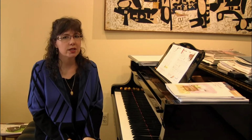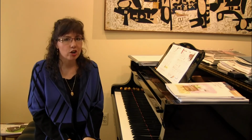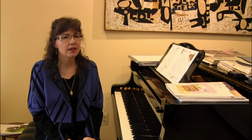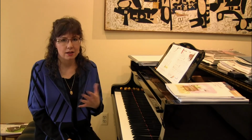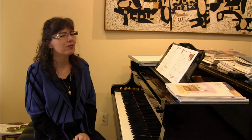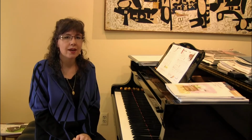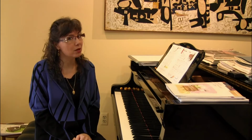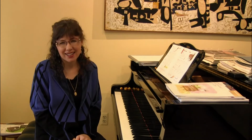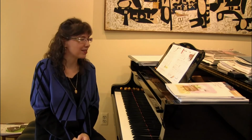So there was constantly writing going on, rehearsing with the musicians, practicing, oh my goodness, and then of course performing all the music. So Haydn was very well loved because he was nice to the people he worked with, and he was pretty much always in quite a good mood. So that's why I wanted Papa Haydn to be kind of the guide for our students throughout succeeding at the